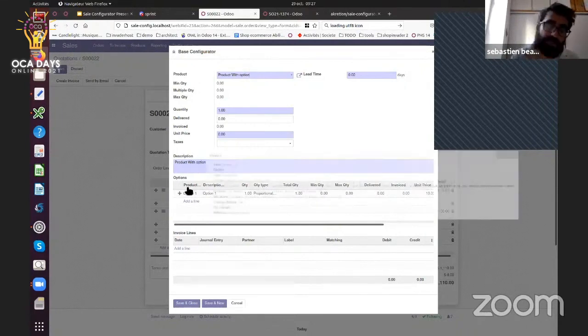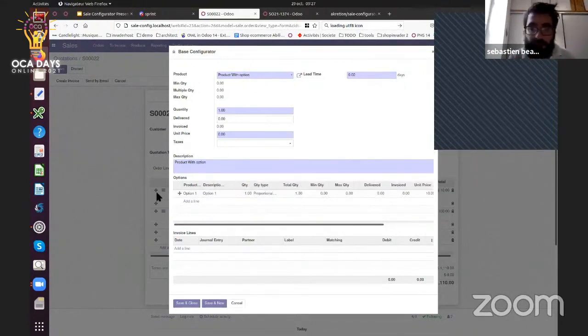So we extract from the sell order and then we build this view dynamically. It's to avoid creating so many glue modules. For example, in the case of the rental module, you can even see the option of the rental field here if needed.